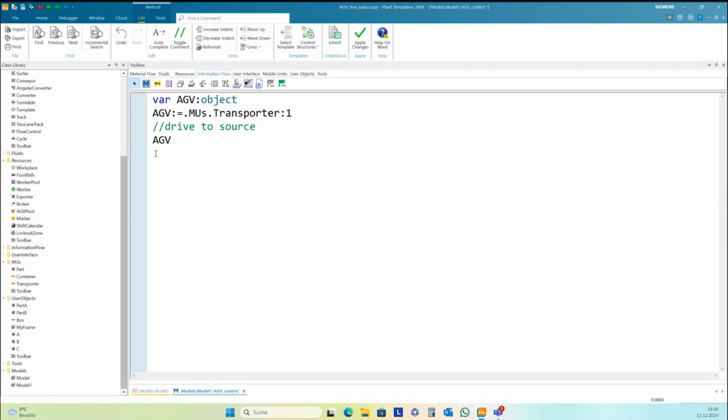And this I start with destination, M1. You don't need to start the HEV. If you set the destination, then Plan Simulation will start the HEV and drive to this destination here.